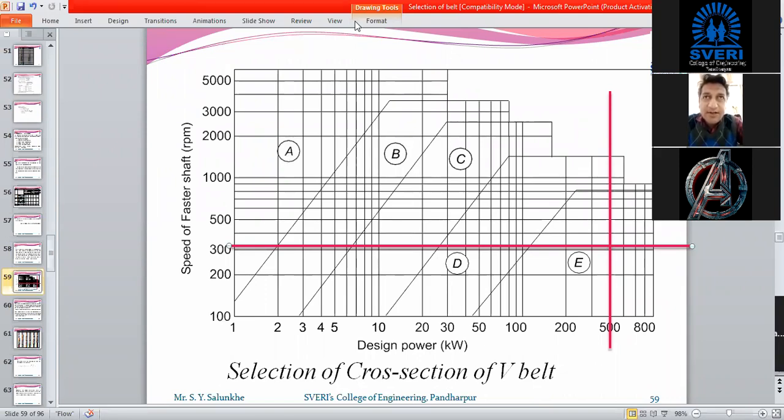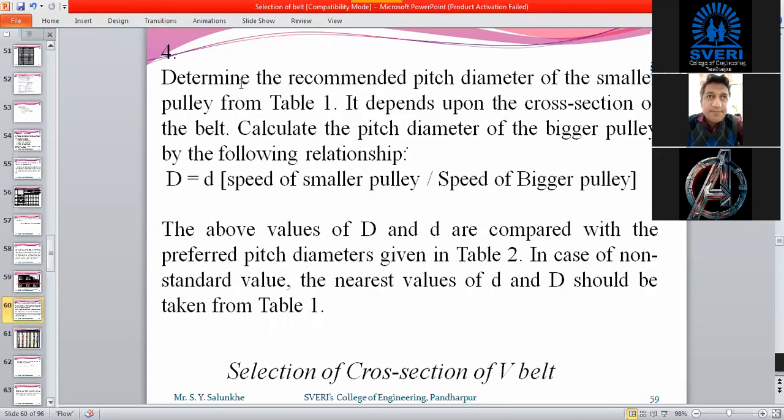Any doubt related to this graph and plotting of this graph? Yes, no? Let me know. Okay. So we'll move further.